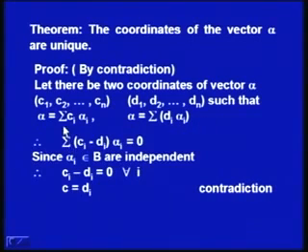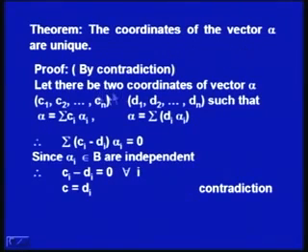Then, since they are equal, we can equate them, and simplifying gives summation (Ci minus Di) alpha i is equal to 0. Since the alpha i belonging to B are independent vectors because they form a basis, these coefficients must be 0, and that is why Ci minus Di is equal to 0 for all values of i. This gives me Ci is equal to Di, which is a contradiction, and hence